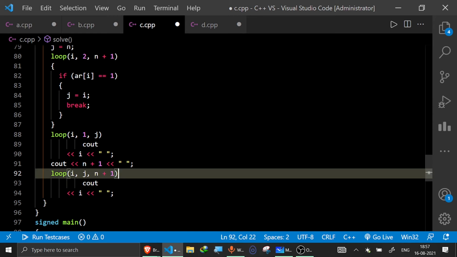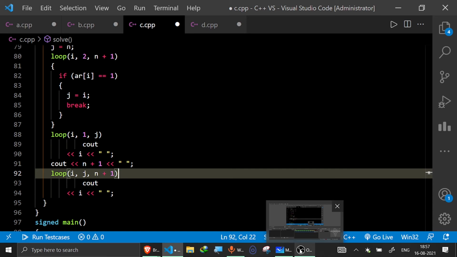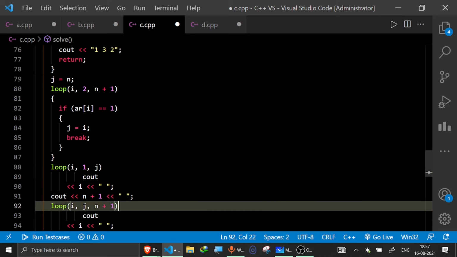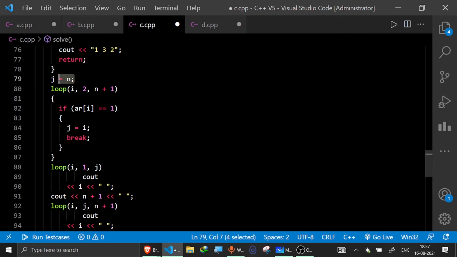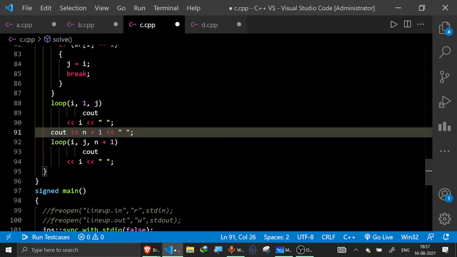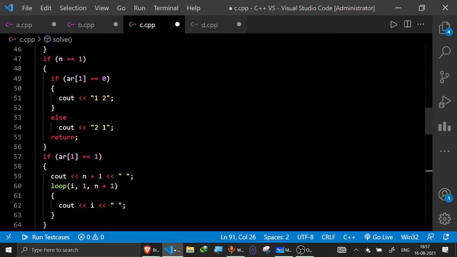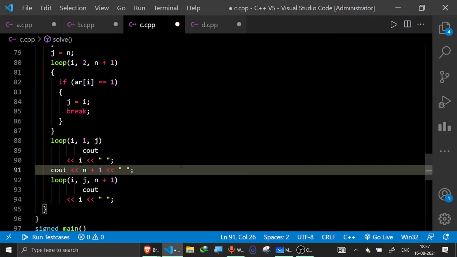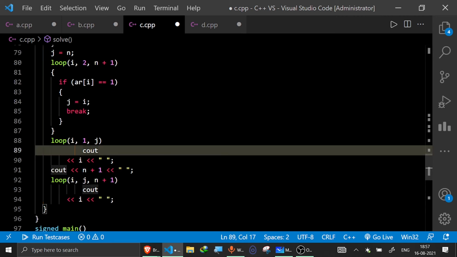And if that wasn't the case, suppose there is no 1 in the array, all are 0, then no problem. I'm already initializing j with n, so I would just do that and then print n plus 1, and here our solution gets completed. It was a bit implementation based question, a bit of observations, but not that difficult.